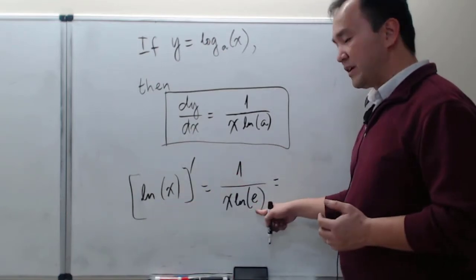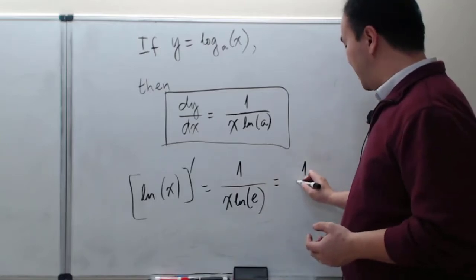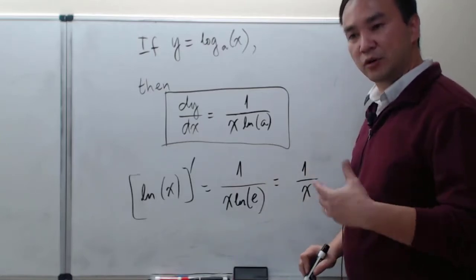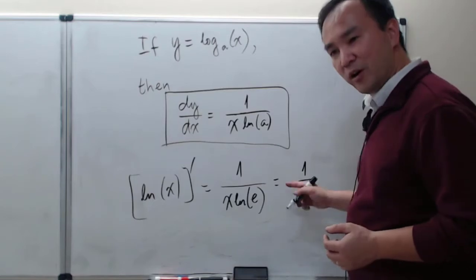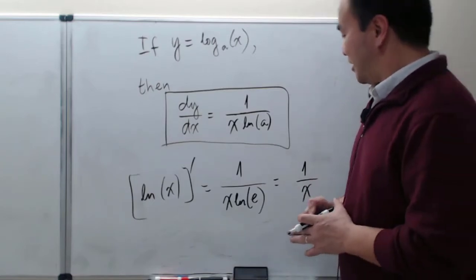And what's natural log of e? It's 1. That's why the final answer is 1 over x. It was 1 over x, and now it is again 1 over x. All right, so